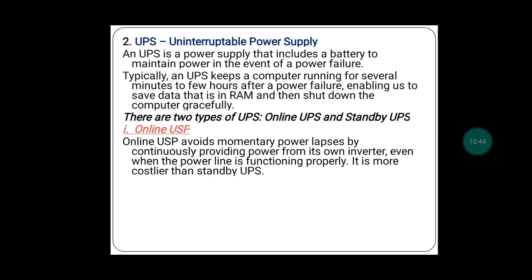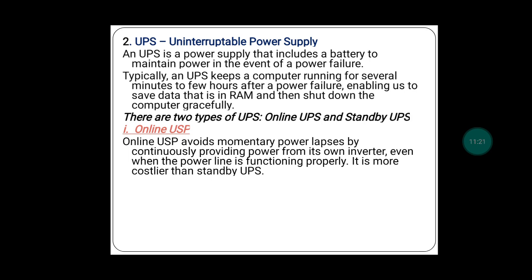Now suddenly the power supply goes off. Even though the mains line is not working, this online UPS will provide you power from its own inverter, because it is already providing it even when you have the mains. When the main power goes off, it will still provide the power supply. So the user will not get any disturbance in doing his work, because as soon as the power goes off, whether the power is there or not, this battery is supplying the power.